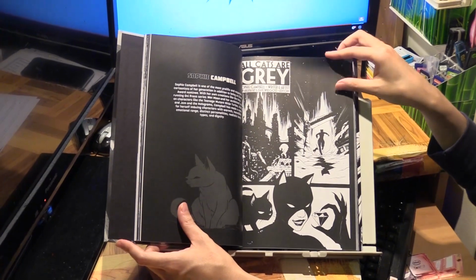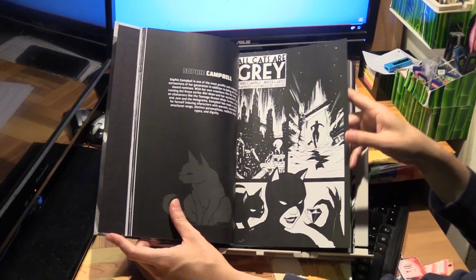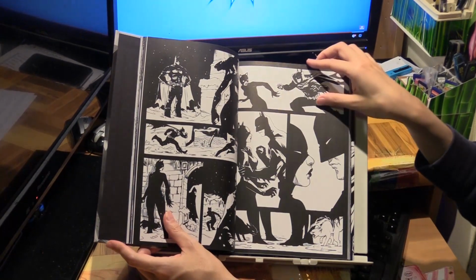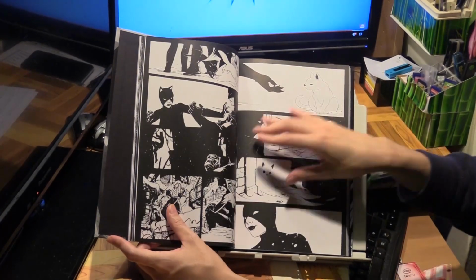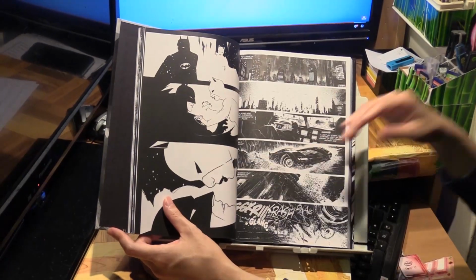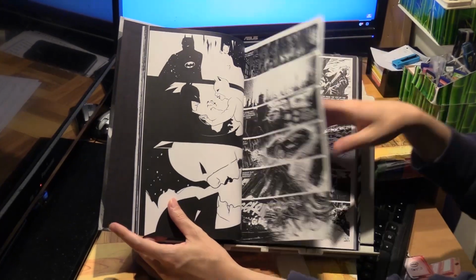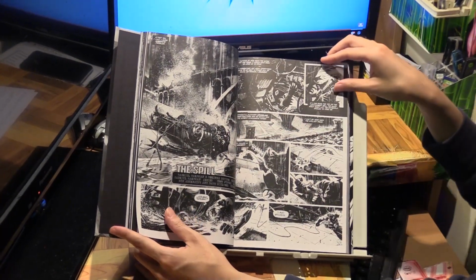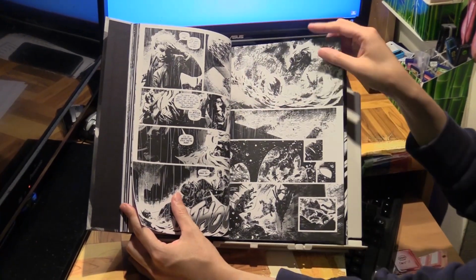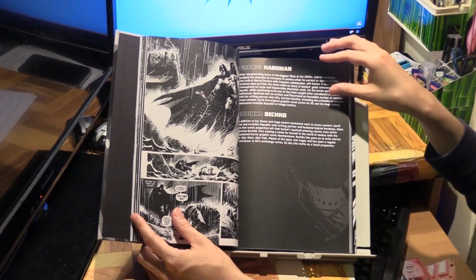All Cats Are Grey kicks off. Actually, no, we're actually in issue 2 now, I think. This is your standard cat and mouse chase between Batman and Catwoman, as you can see. Nothing too special, but the artwork looks pretty nice. The next one here is The Spill. The Spill is a Joker story, and I don't know, we've had too many Joker stories recently, so I'm rolling my eyes a little bit. Anyway,